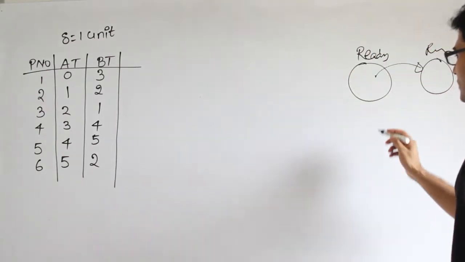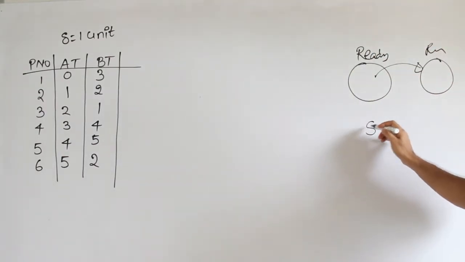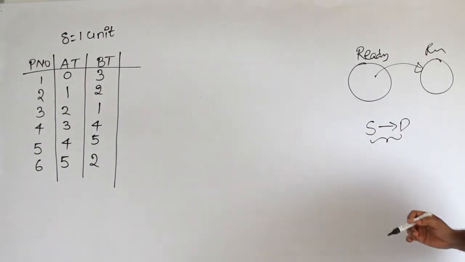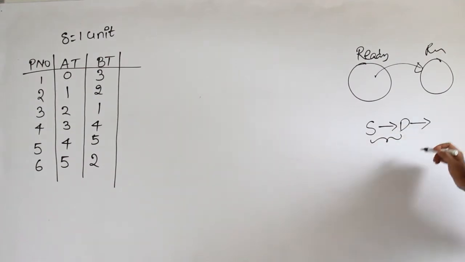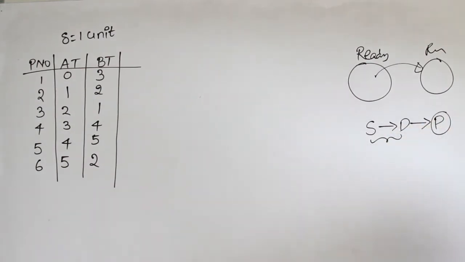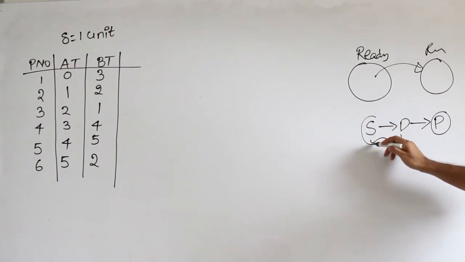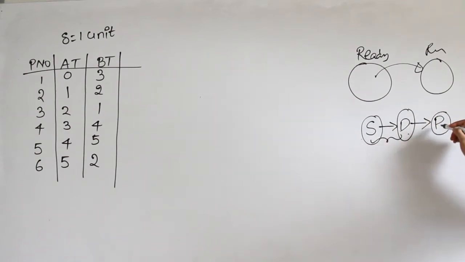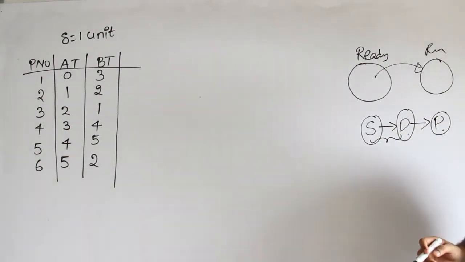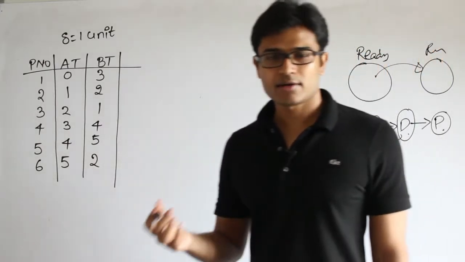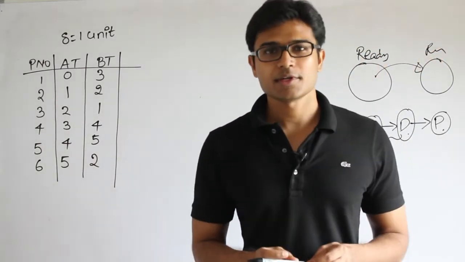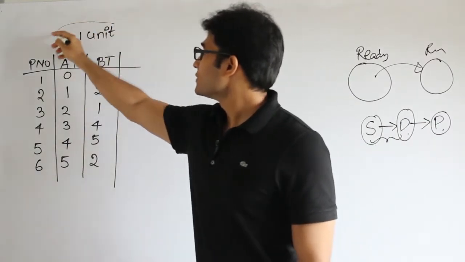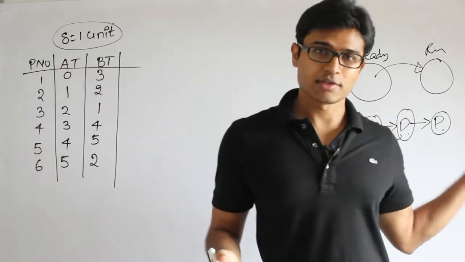Now the entire process: first you have to call the scheduler, and the scheduler will call the dispatcher. In fact these two are processes, they have to execute, and the dispatcher will change the context, and finally the process will run. Once a process is over, the scheduler will be called and it will call the dispatcher, giving it the process, and finally the dispatcher will make the process available for running. So for this entire thing to happen, some time is going to be wasted, right? They are saying that the time wasted by the CPU in this entire procedure is